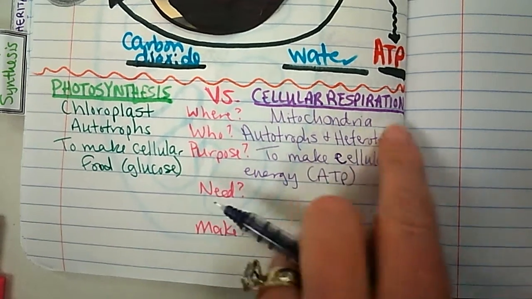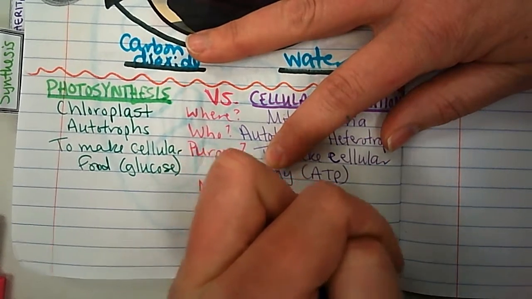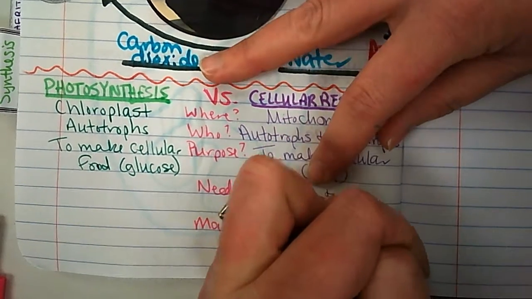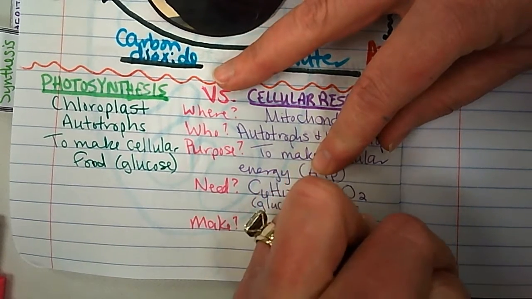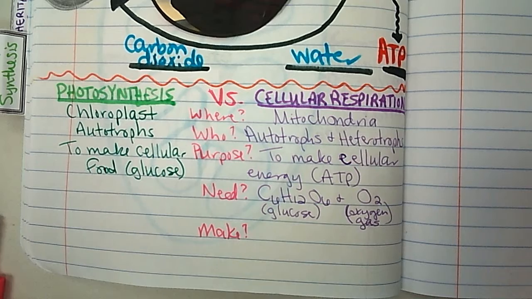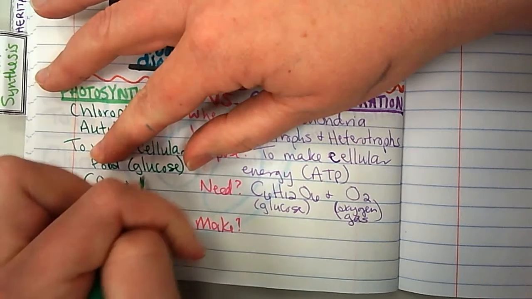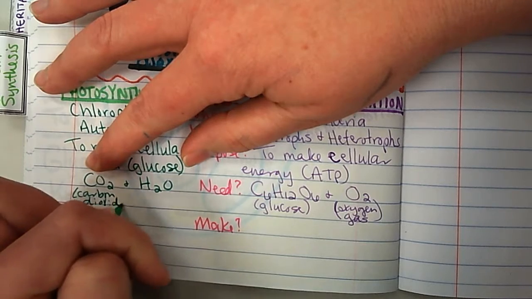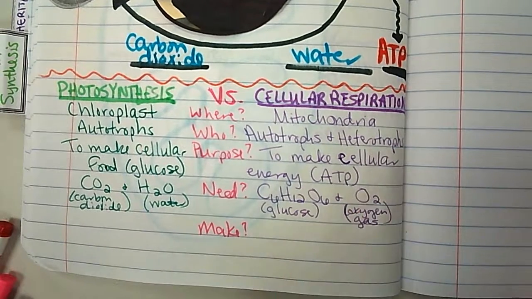So what does cellular respiration need to do this? Well, like I said a second ago, it needs glucose, which is C6H12O6, and it needs oxygen. Needs oxygen gas, okay? Now, photosynthesis needs carbon dioxide and water. All right? Now,